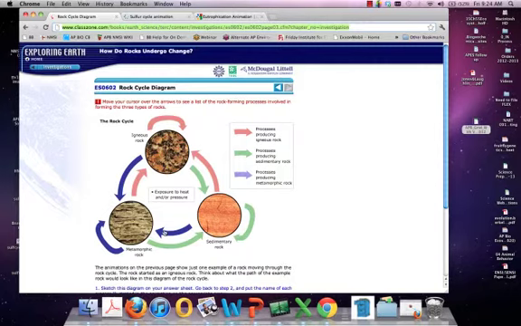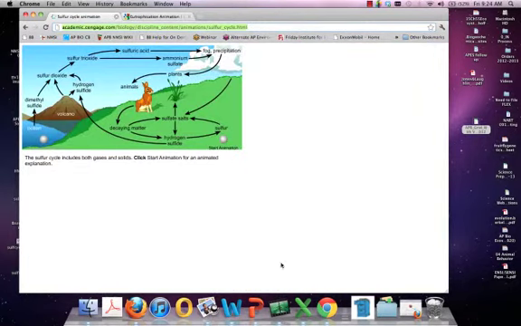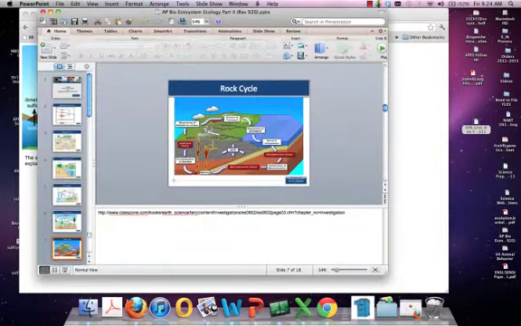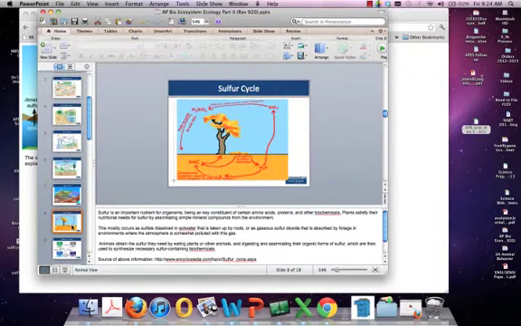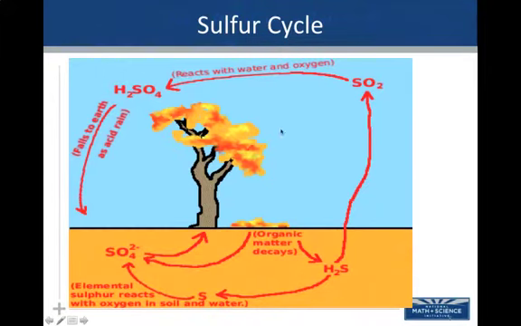Again, I don't want you to memorize these. I just want you to understand that they have an elemental component in what's going on in the earth through erosion. Another cycle I wanted to touch on really briefly was the sulfur cycle, because that has an issue too, and mainly because you're going to get the sulfur from it,